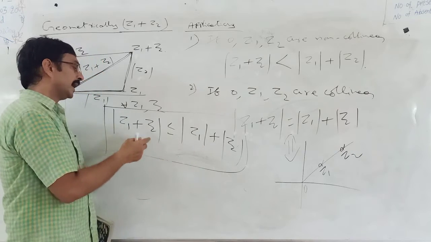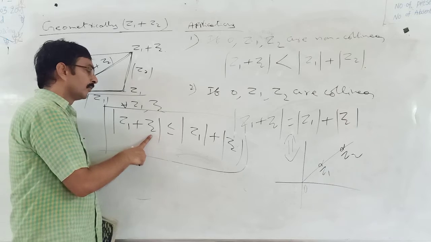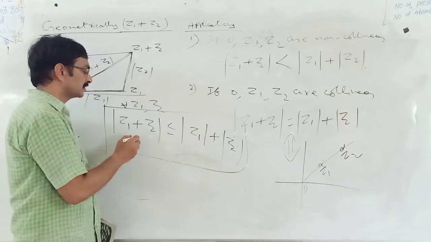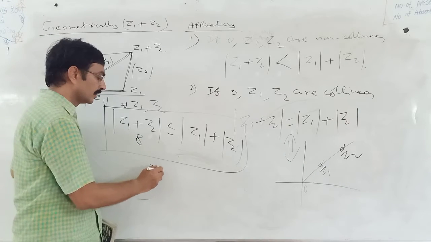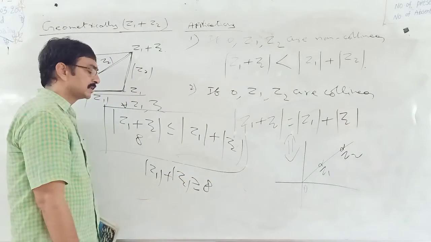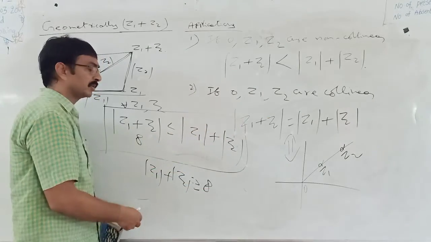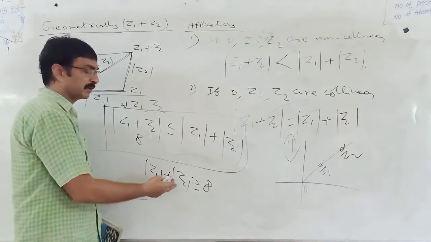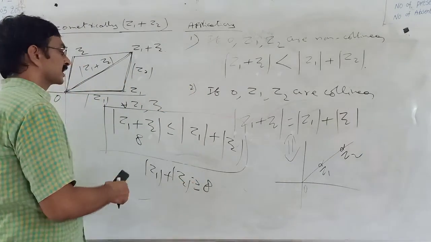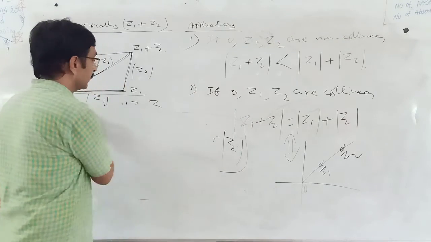Second model. Data of the modulus of Z1 plus Z2 is given. Find the minimum value of mod Z1 plus mod Z2. Suppose its value is 8. Now we have mod Z1 plus mod Z2 greater than or equal to 8. Means values of this one start from 8, then 9, 10, 11 and so on. That means the minimum value of mod Z1 plus mod Z2 is 8. Thus, two problems can be created by using this one: find the minimum value and find the maximum value.